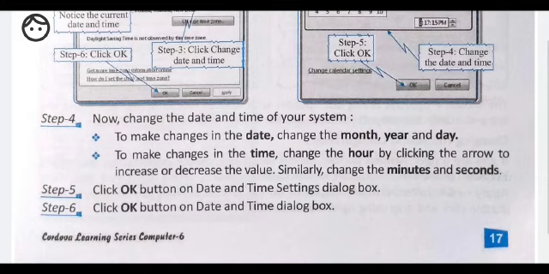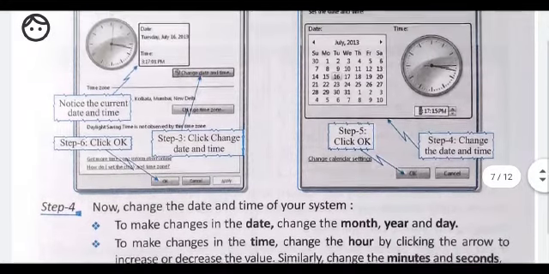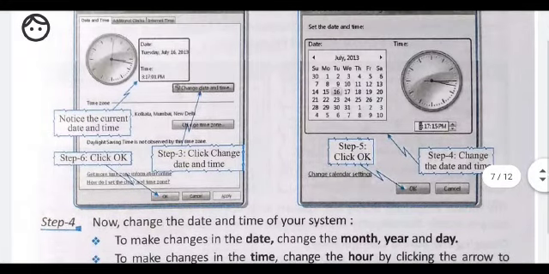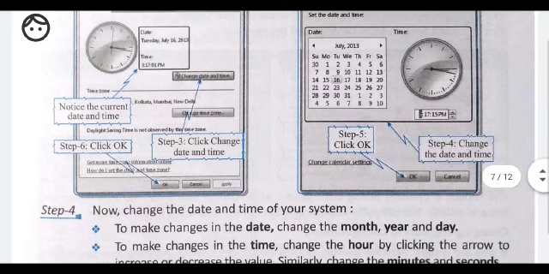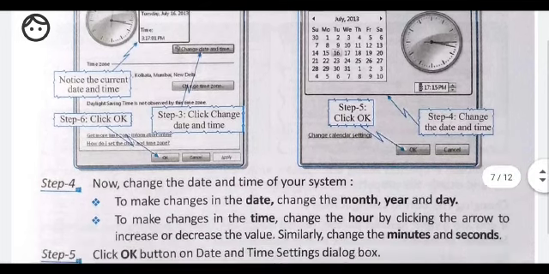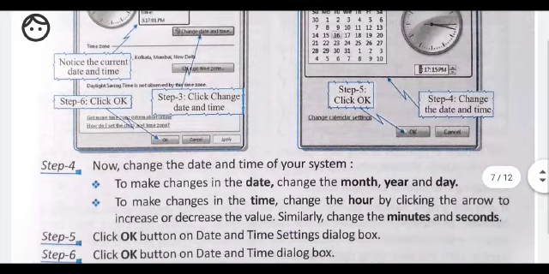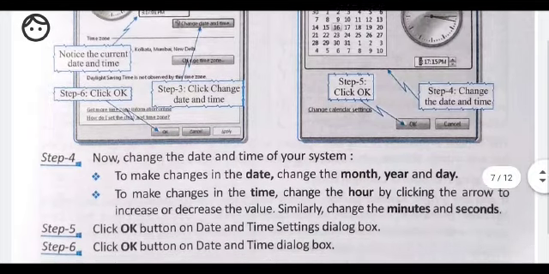When you click the OK button, your date and time will be changed.